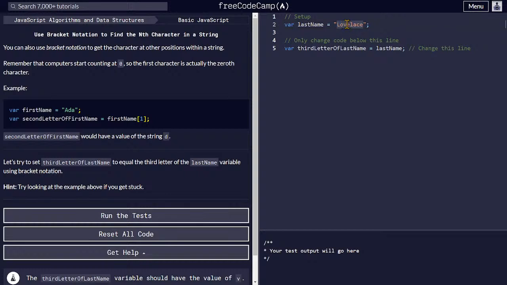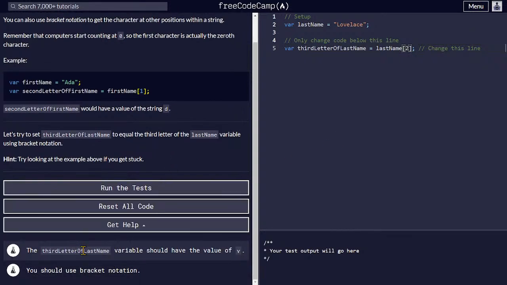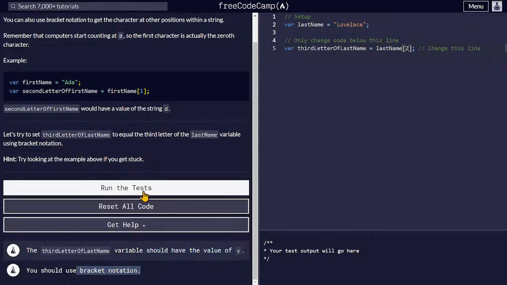We have to extract this V. Starting from 0, 1, 2, how we can do it is into the 2. So if you run the test, the variable should have the value V. You should use the bracket notation. If you run the test,